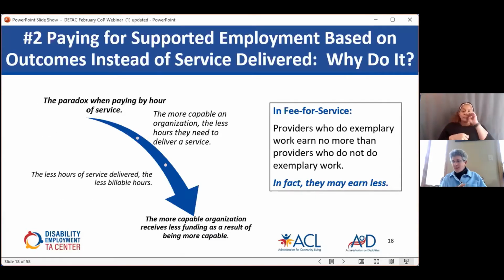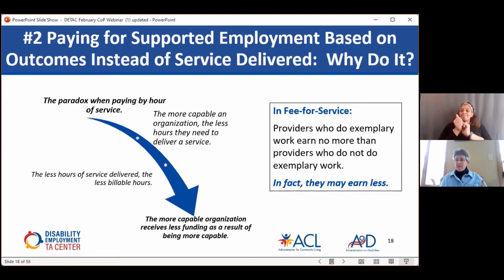So you'll see this slide twice in the presentation. It's hugely important in terms of what happens when a supported employment provider is really good at what they do, when they use best practices in everything they do. The more capable organizations actually need less hours to deliver the service, less hours to find people jobs, less hours to coach them to independence, less hours to engage natural supports. The result is they can bill less hours and we pay them less as a result of being a more capable and stronger organization. That's what we have to turn on its head if we want more competitive integrated employment